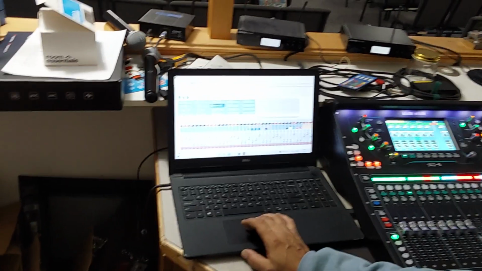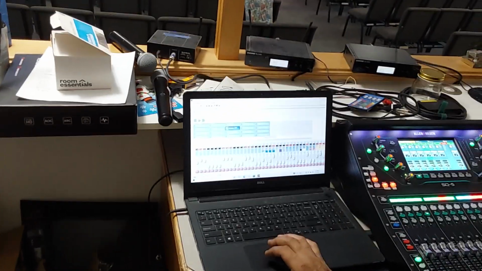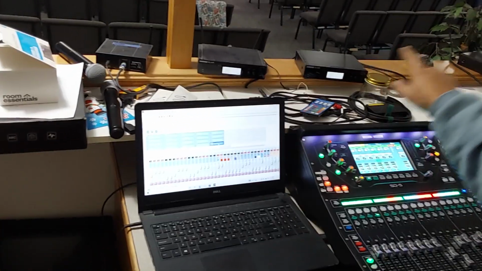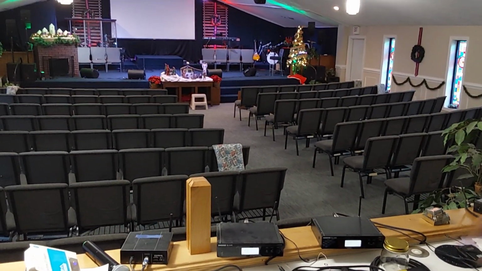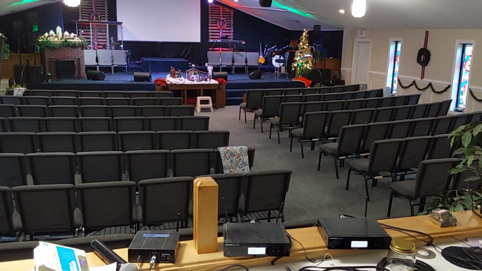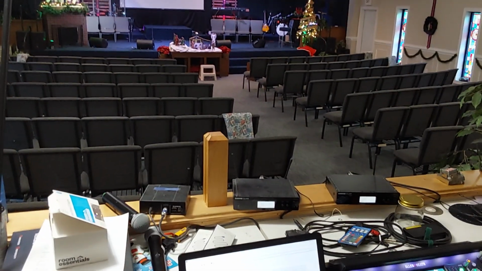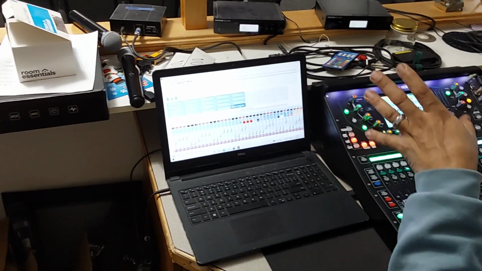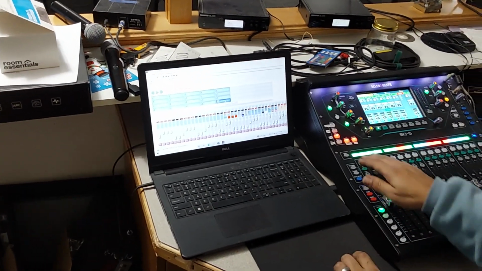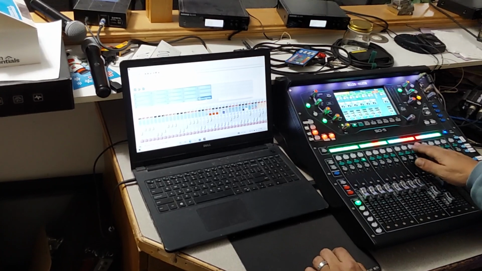If you don't change the lights, it's not the end of the world, but the band is lit up and all, and this just turns the band off and focuses the light in the center area for the pastor. So once you're there, the lights are ready to go, stage is ready to go,